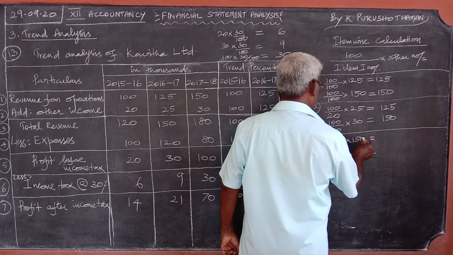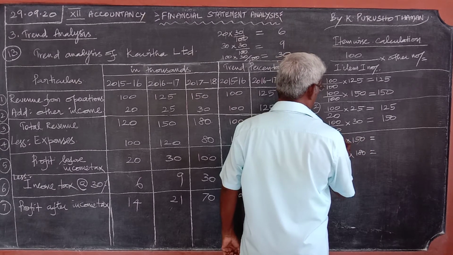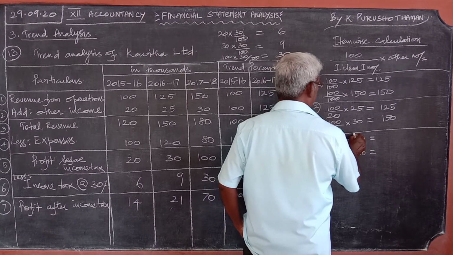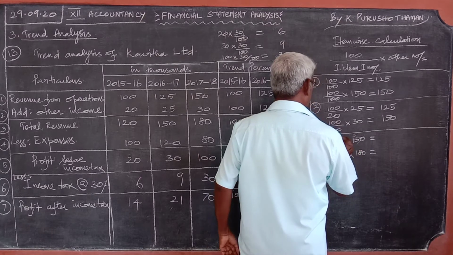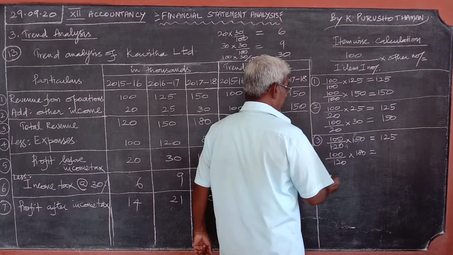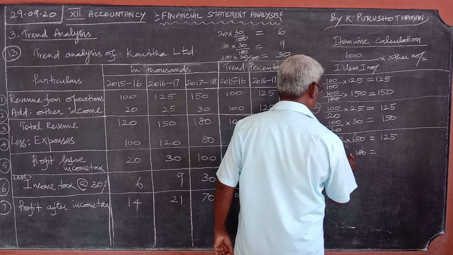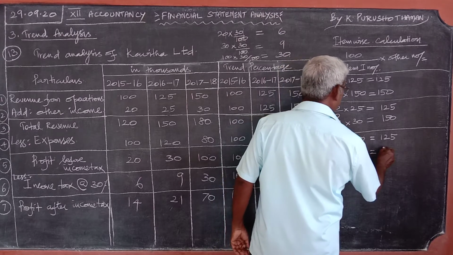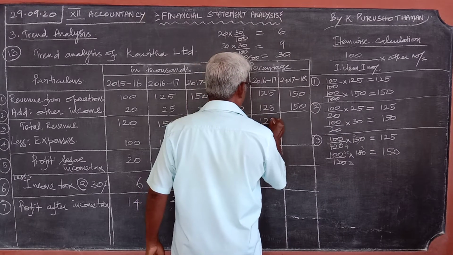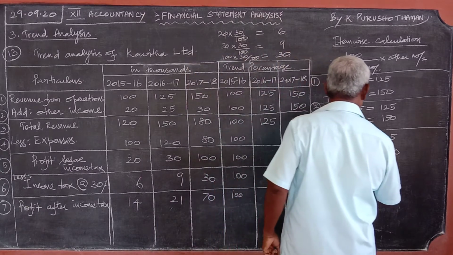Here you can simplify the zeros, one zero, two zeros. Here only one zero, 100 you keep as it is. Then 4 3s are 12, 5 3s are 15. If you simplify this, 125. Here, 2 times 60, 3 times 60. If you simplify this, 50, 3 into 50, 150. So 125, 150. The third item is over.